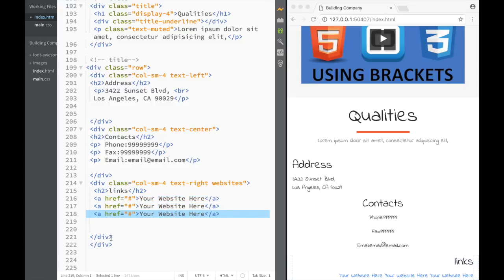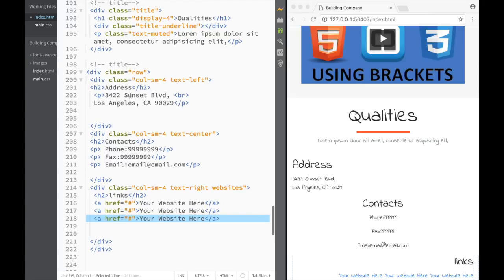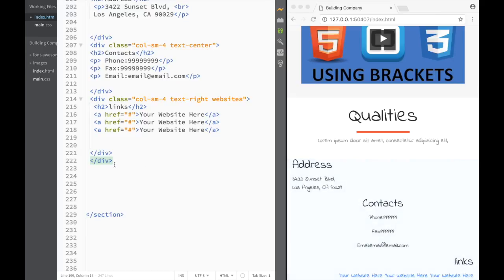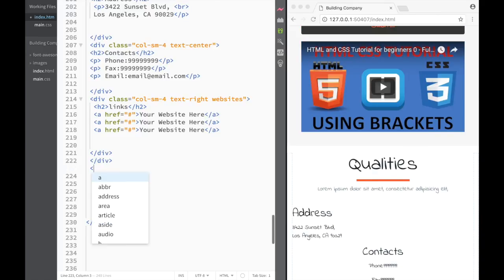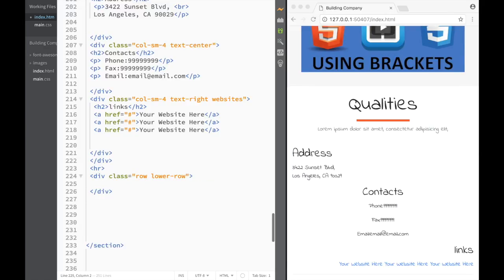And now we need to create a lower row. So we need to check where this row ends. It ends over here. We're going to put a line break like this, and we're going to create another row, and this is going to be different. This is going to be for our icons and our copyrights. Okay, so we go back again, we say div class row, lower row, and again we have a div